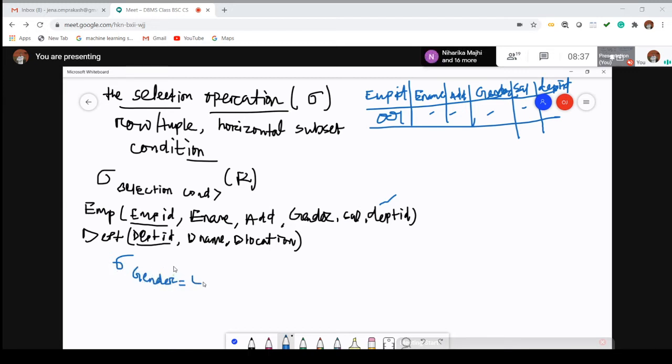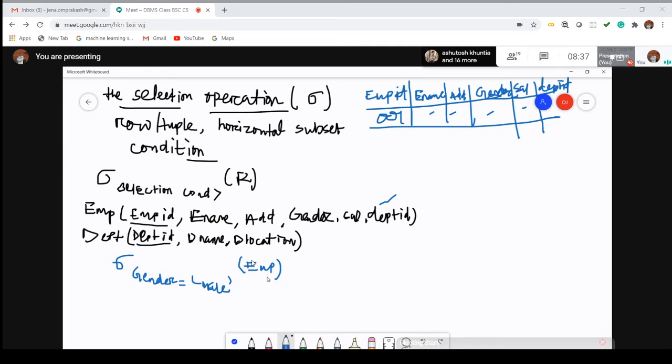If it is a string, you can quote it within single quote symbols. If it is a number, no need to represent it like this. So select gender equal to male, from which table? From the employee table. Okay, so now this one is the selection operation, this one is the condition, and this one is the name of the relation.